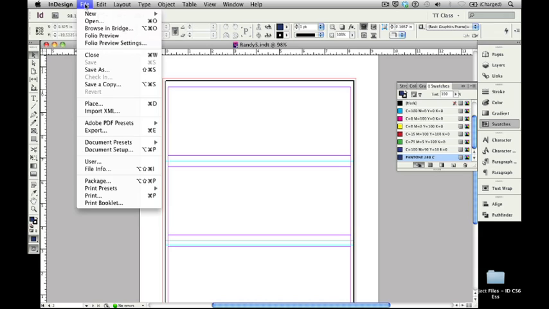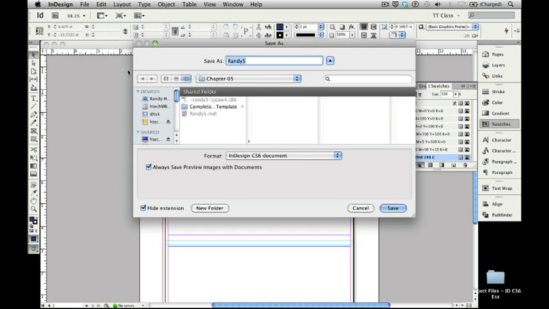the File pull-down menu, and I'm going to select the Save As command. Keyboard shortcut for that is Command-Shift-S if you're working on a Mac machine like we are for this chapter of our InDesign CS6 course. Or if you're working on a PC, Control-Shift-S. I'm just going to click it from the menu though, and as I pull up the Save As dialog box,